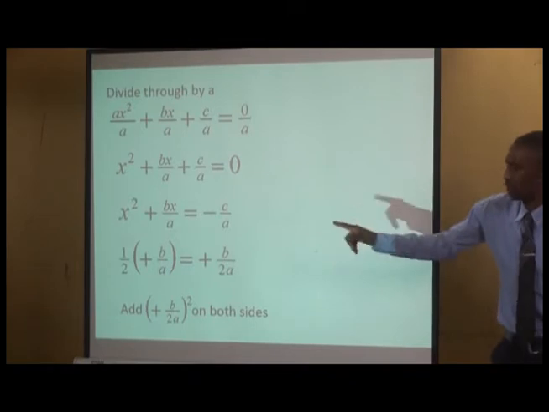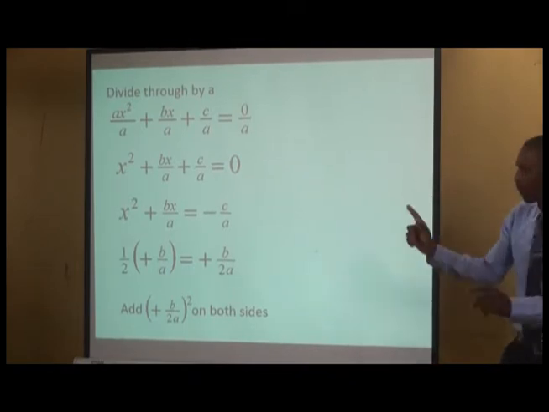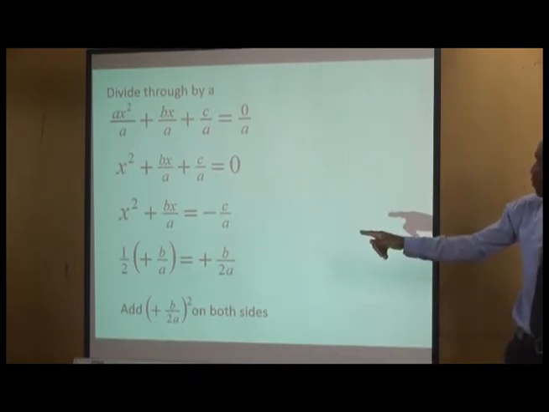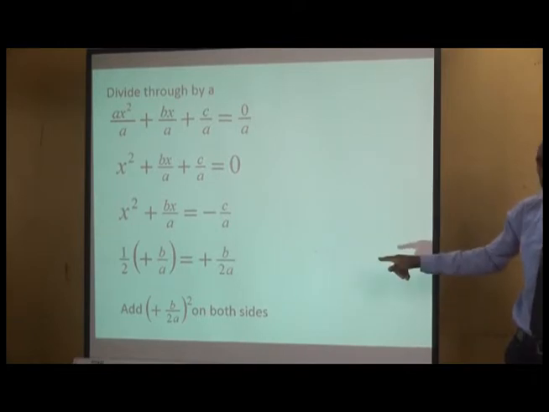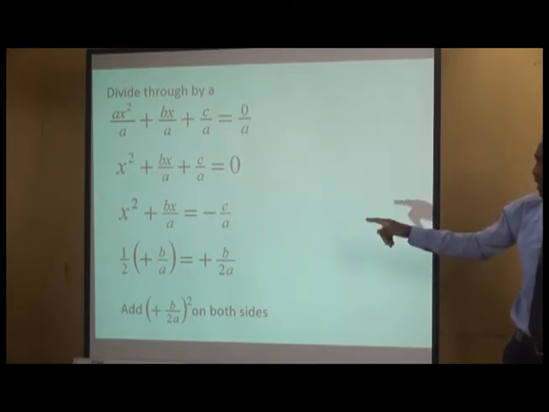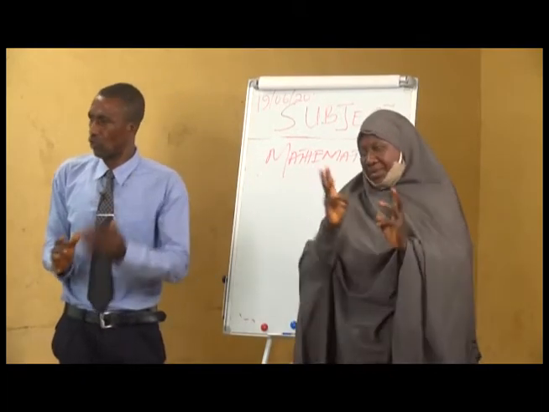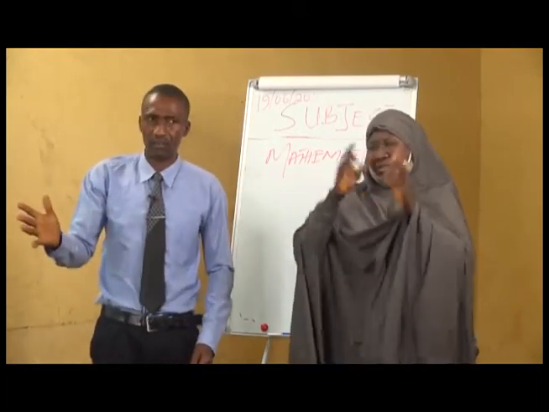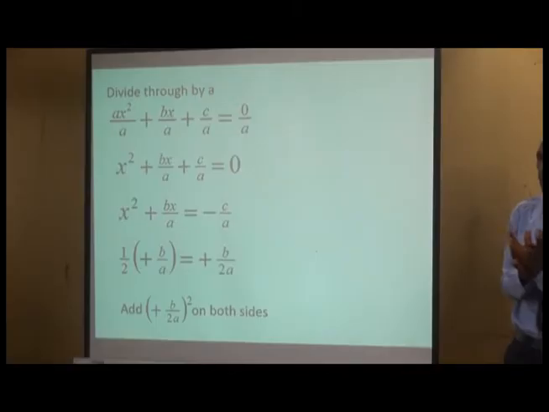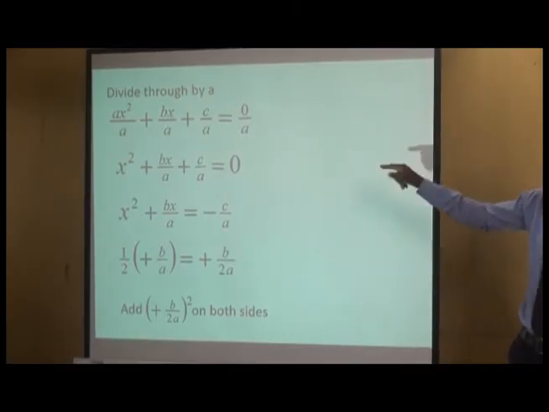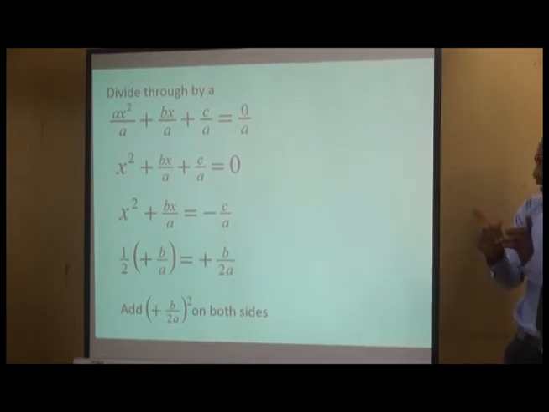So 1 over 2, which is half, of plus b over a will give you plus b over 2a. Third condition, square it. Then add it on both sides to make an equation a perfect square. So when you add plus b over 2a on both sides,